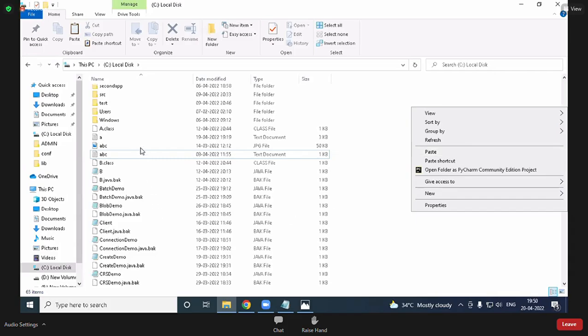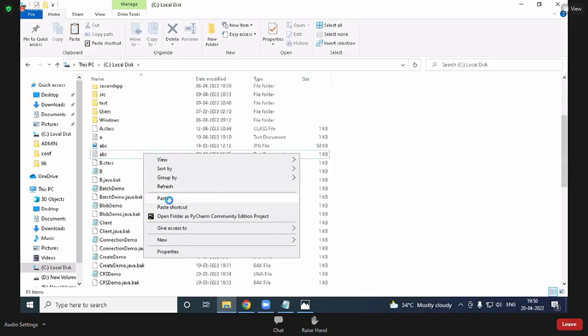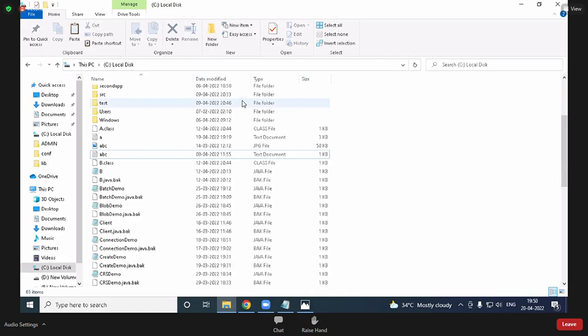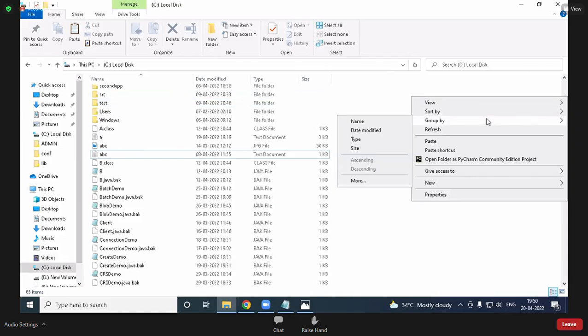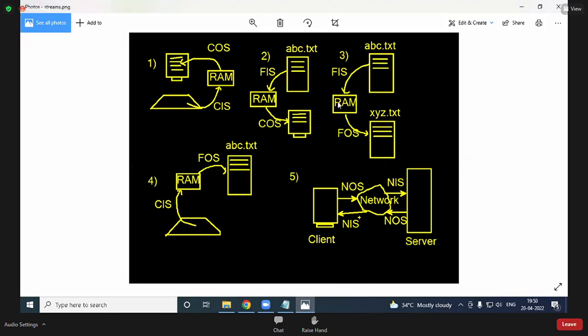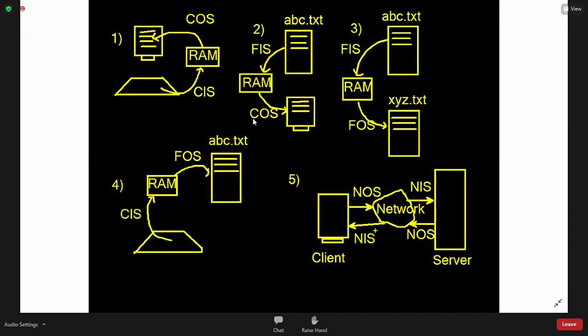So here, right click copy means it will read from file. Again, right click paste means it will write to another file. Nothing but this type. Copy means hard disk to RAM. Paste means RAM to hard disk. But you are just going to click copy and paste. When you click on copy, one program will run in the backside. Again, when you click on paste, one more program will run. That program you are going to learn with Java. That is possible. Okay. So 5 combinations are possible.